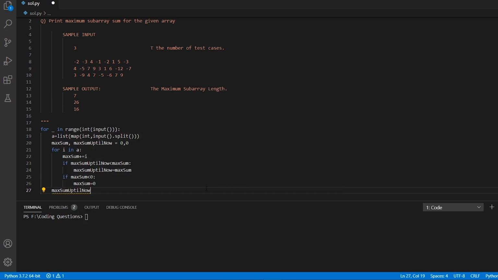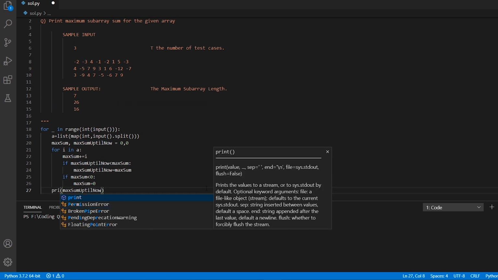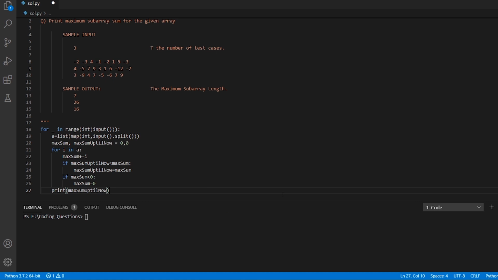So now let's print the max sum up till now. Once this program is done, it will store the maximum value, that is the maximum sum, which we want to print in our case. So let's run the program and check if our program is running fine. First of all, we pass the number of test cases. I've passed 2 here, and now let's pass the number of elements, that is the list of numbers, and let's print. You can see that 7 is printed, which is the maximum subarray sum for these elements. So that will evaluate to the answer which we want in our case.